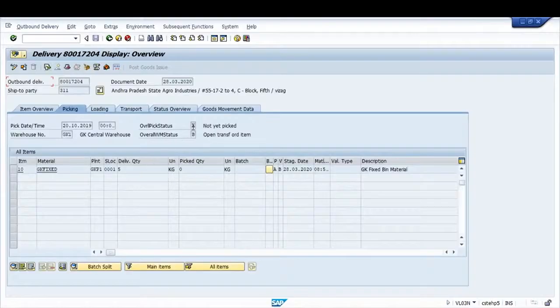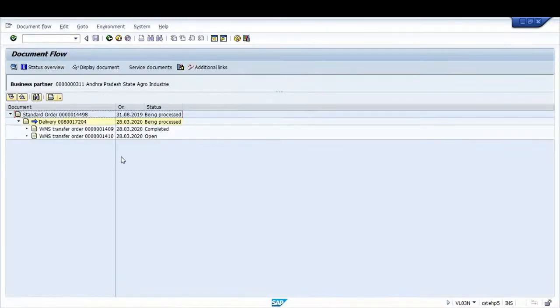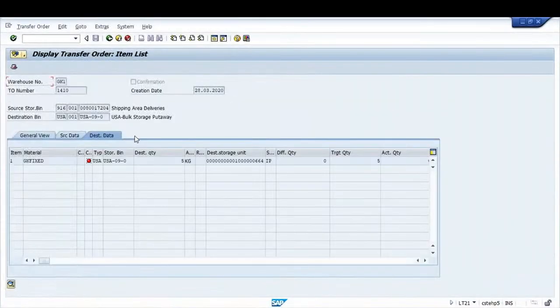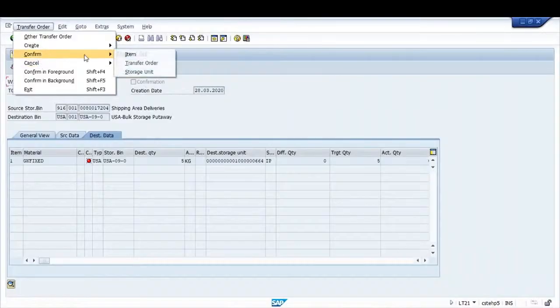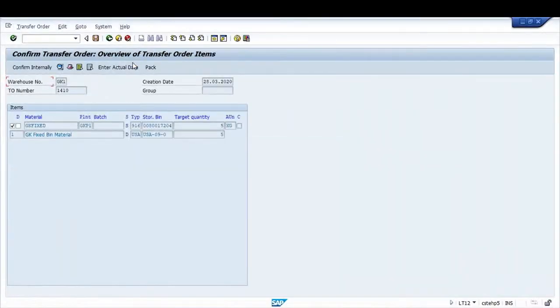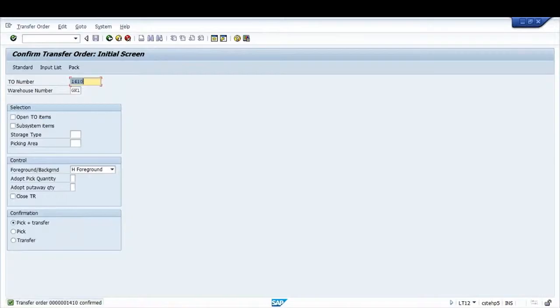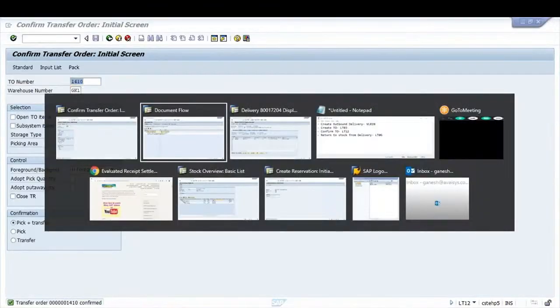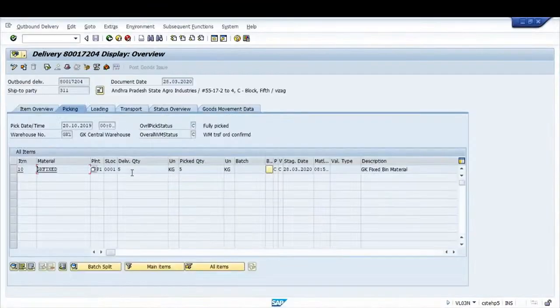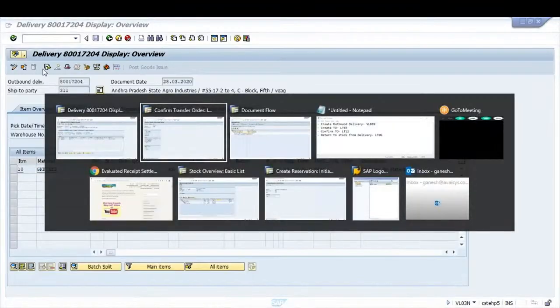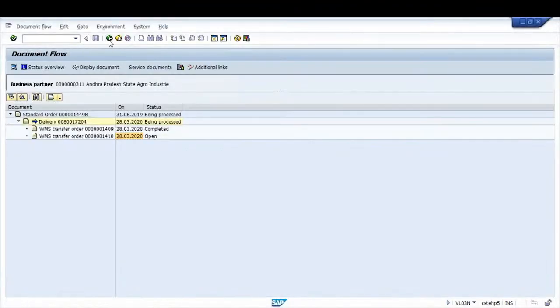It has become A and B, because there is still an open transfer order, because we have not yet confirmed. This is the open transfer order. Now we are going to confirm. There. So the stock of 5 pieces has come back to USA 090, and now if you see